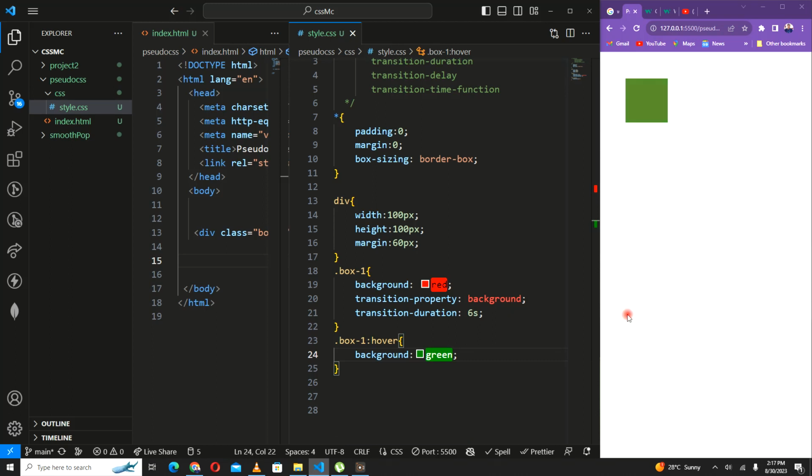On hover is taking 6 seconds, right? So let's reduce the time it takes to happen. Let's reduce it to 2 seconds, all right? Good. So on hover, let's go ahead and hover and see what happens. In 2 seconds, it responds, right? Good. So on hover,